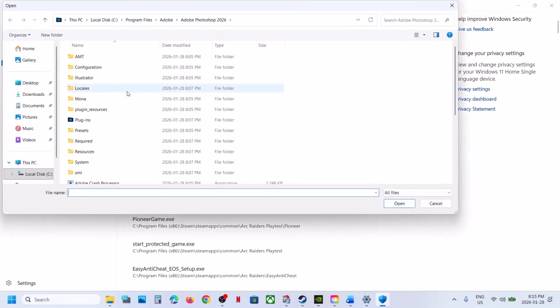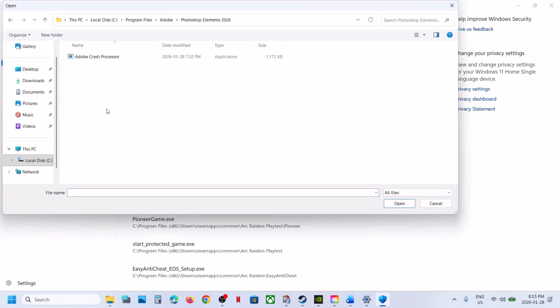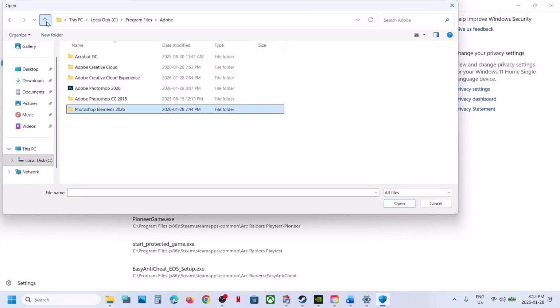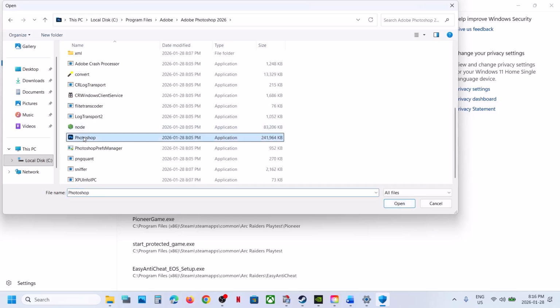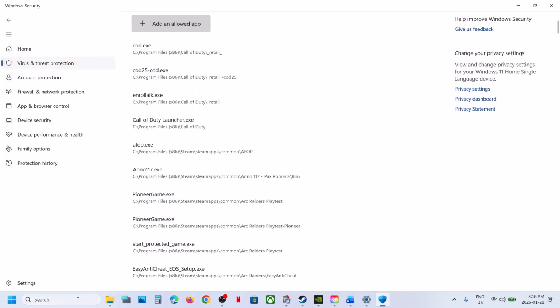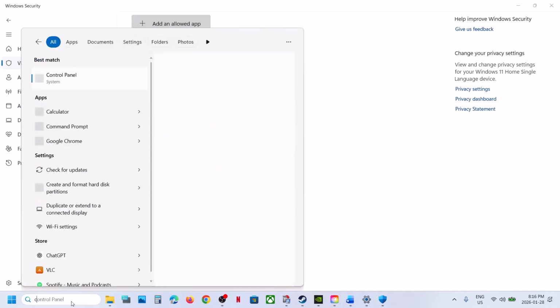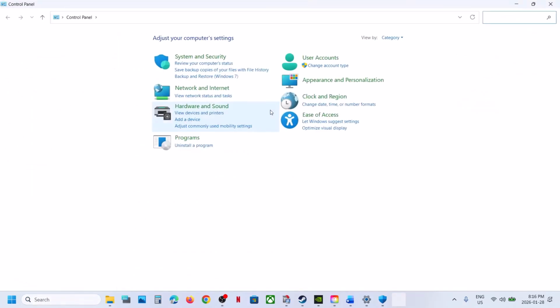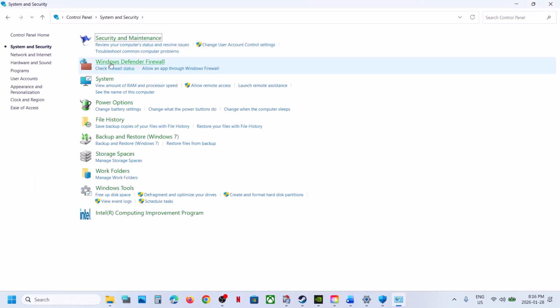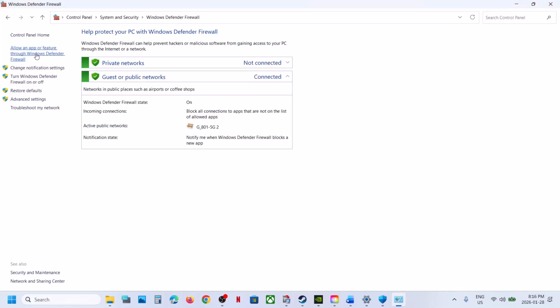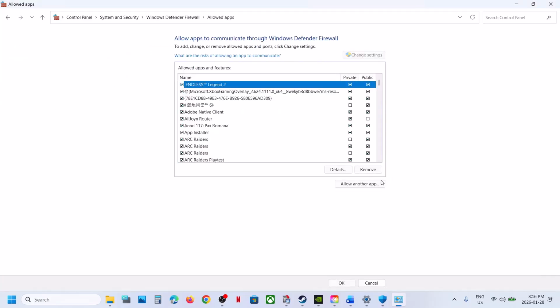You can add this, click on open and then again find Photoshop over here, click on open, browse all apps once again, go to open this folder. Yeah, this is the exe file you have to add, open and then you have to select Photoshop over here and then open. Once it is added, control panel, type in control panel in Windows search box, click on control panel, system and security, Windows Defender Firewall, allow an app or feature through Windows Defender Firewall, change settings, allow another app,